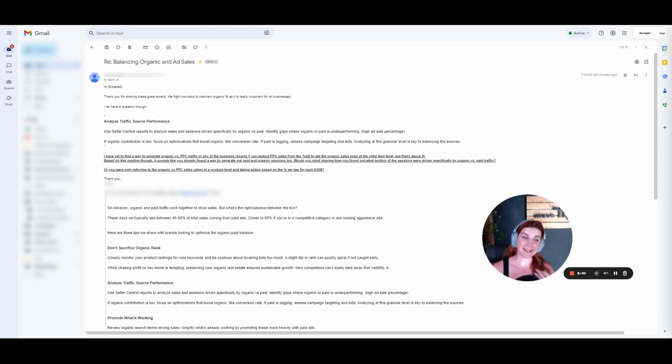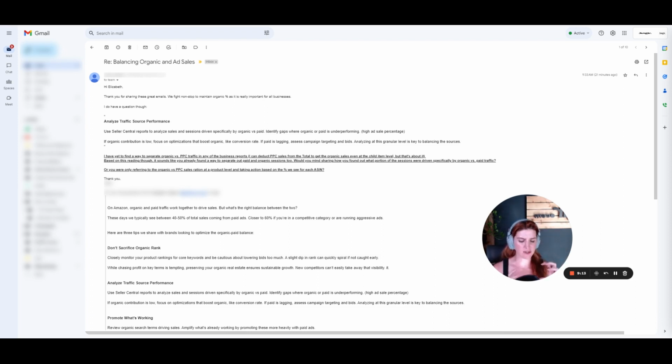Now, the very last thing I want to talk about is how you can actually use this ad sale percentage number and what it tells us in context. As I said before, ad sale percentage is simply your ad sales divided by your total sales. Again, you can do this on an account level, on a parent ASIN level, or on a child variation level if you want. I would still recommend doing it on a parent level and an overall account level.